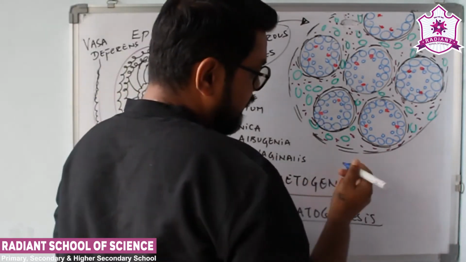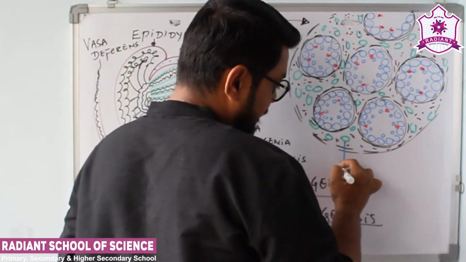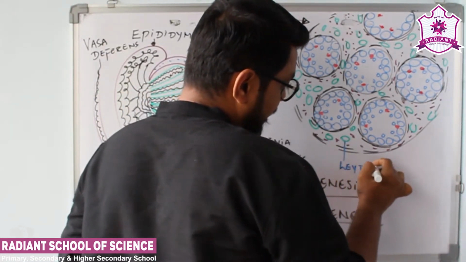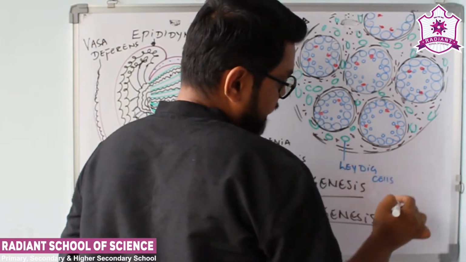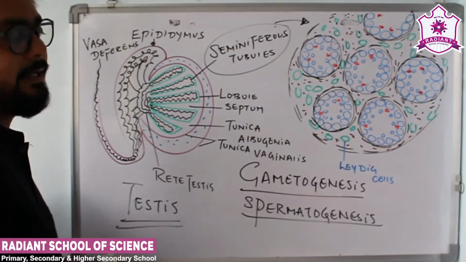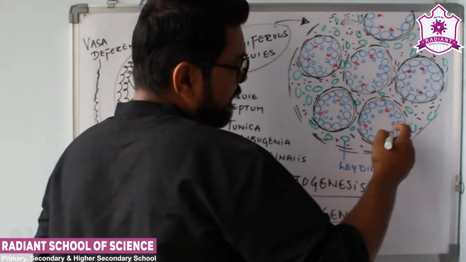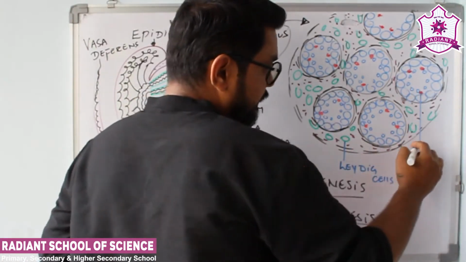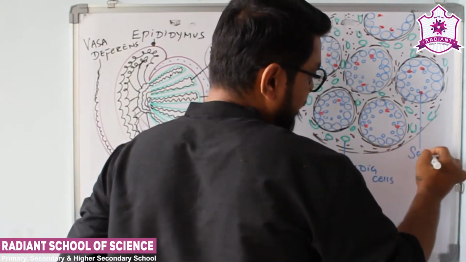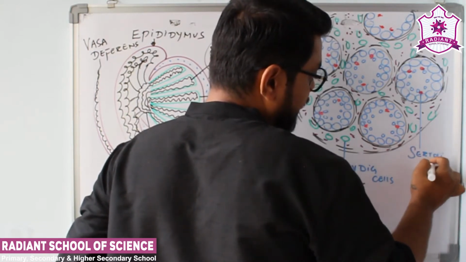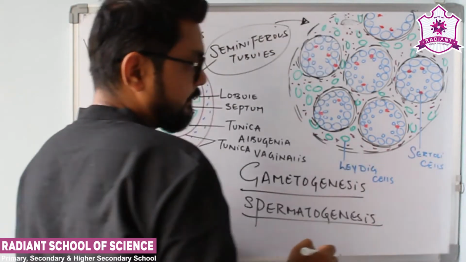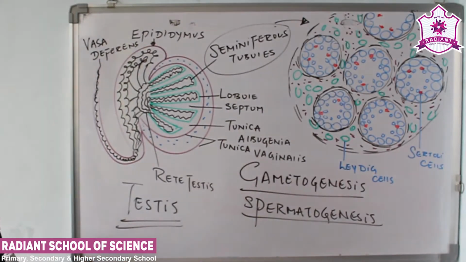These green structures are known as the Leydig cells. Okay, and we have these red cells here. These are known as the Sertoli cells. These two cells are very important because